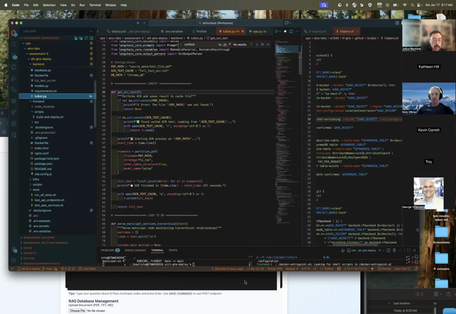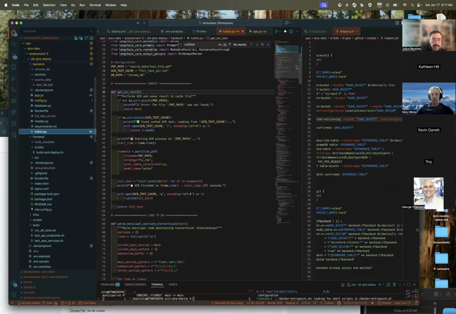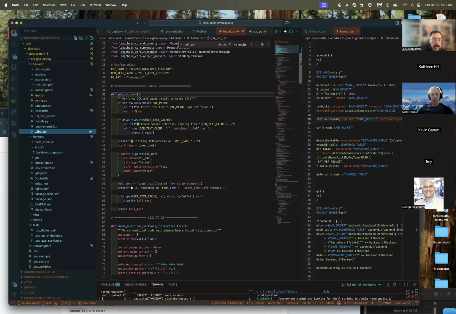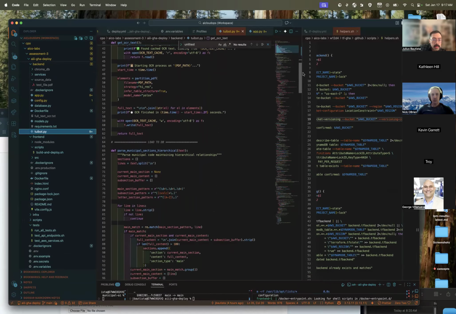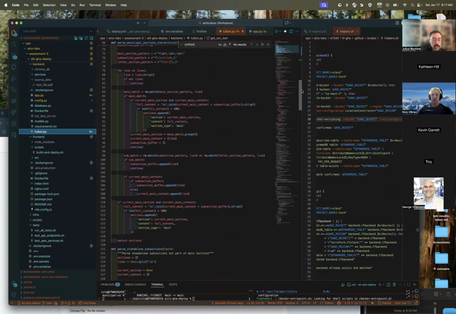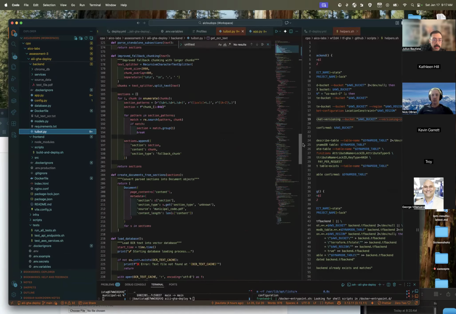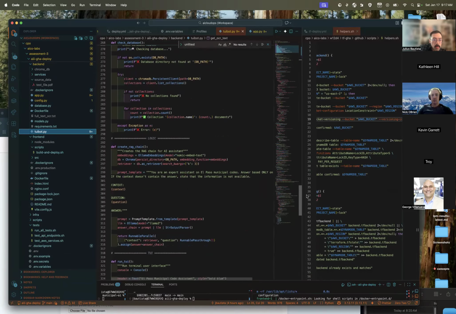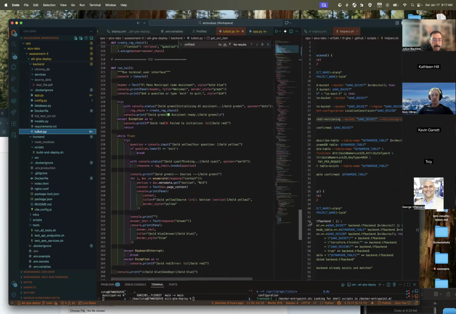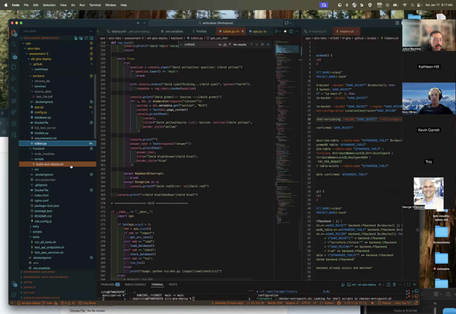Maybe let's run through this real quick. This is just a script that combines a lot of what was in the lab, now chunked into a single script as opposed to several.